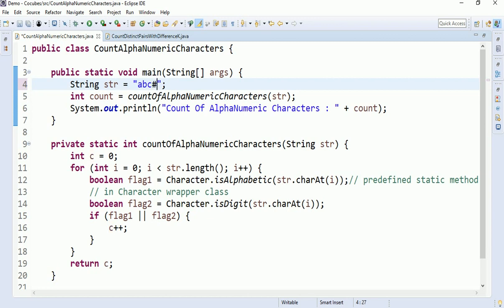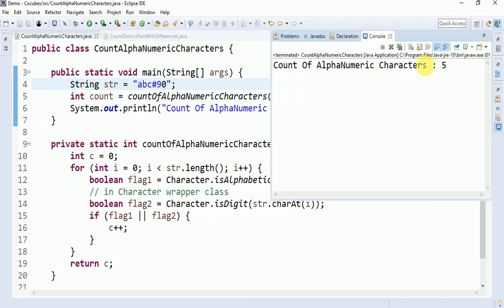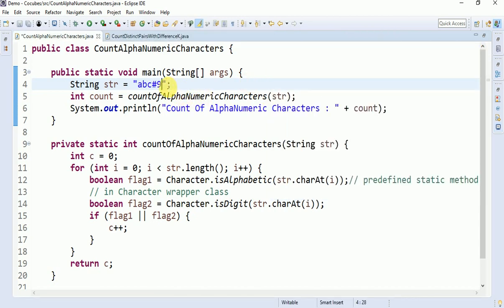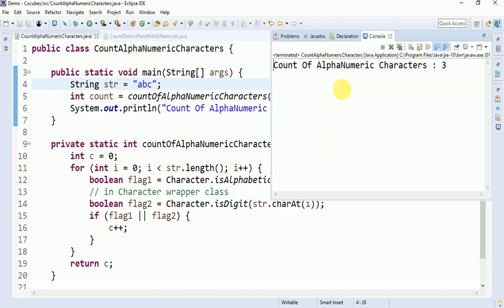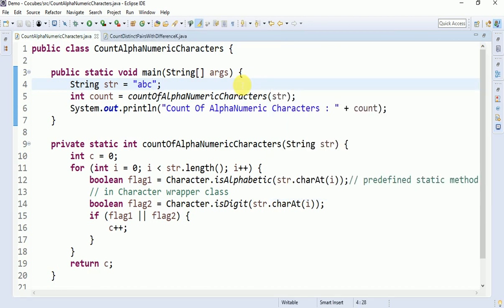Suppose I give a hash. So here the alphanumeric characters are 5, right? We are getting that. What if I give only this, 3, right? So it satisfies all the conditions. All test cases are satisfied.